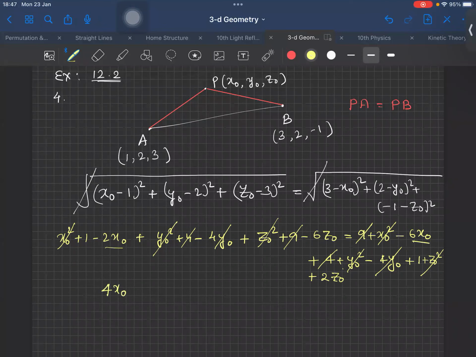Plus z naught terms: minus 6 minus 2, so minus 8z naught, plus